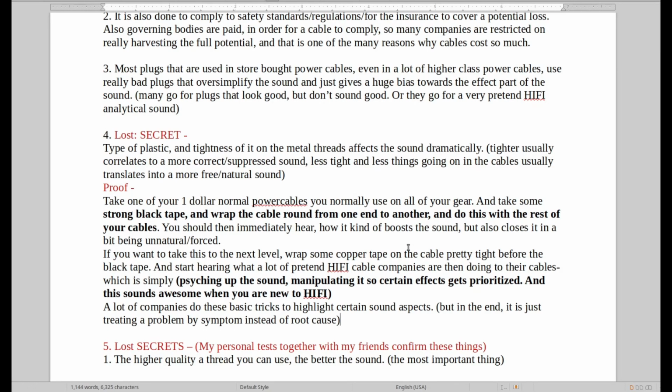But personally, having used it on a lot of other systems, I still recognize the fact that that cable gets those positive elements by suppressing other elements. And that is one of the reasons why you're paying the price that you're paying. So, not to talk bad about Oyaide Tsunami cables, good value for the price, but for me personally, I consider them heavy, dead, mechanical,